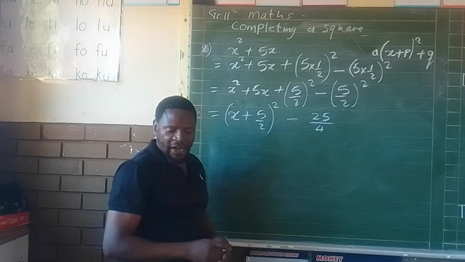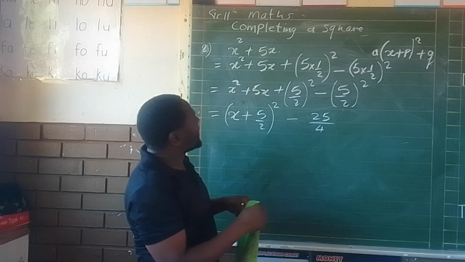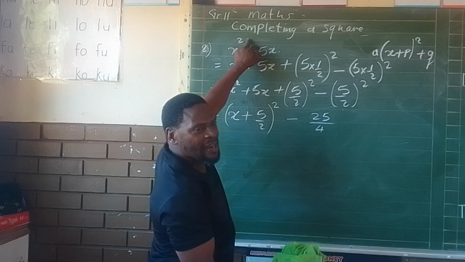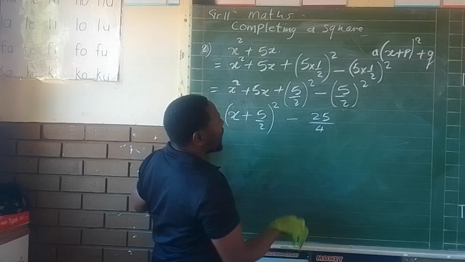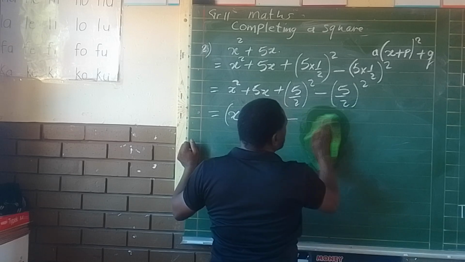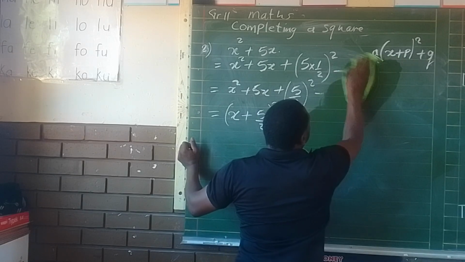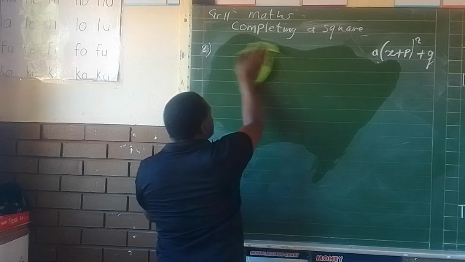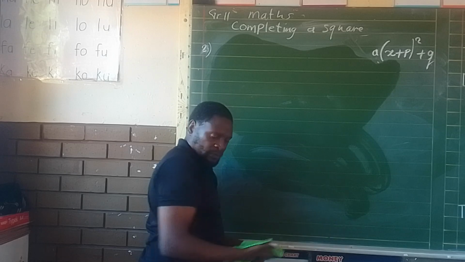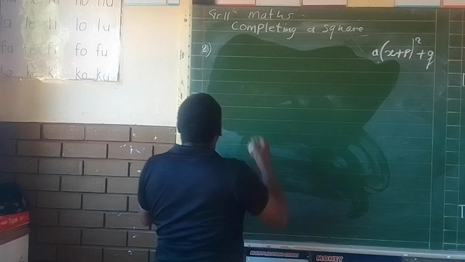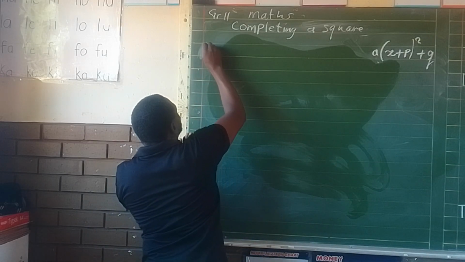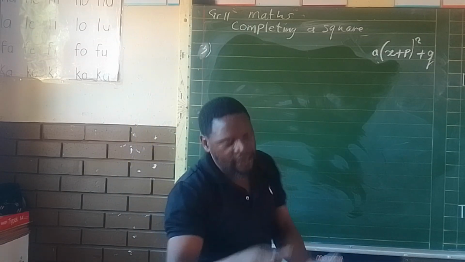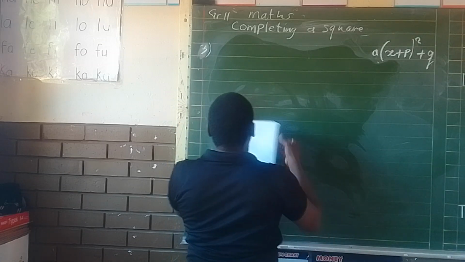This is very simple. Now, what happens if you are given a trinomial? Because this is a binomial. If you are given a trinomial, how do you treat it? How do you do it? Let's go for it. That will be our example 3. What if you are given a trinomial? Let's see the trinomial. It goes like